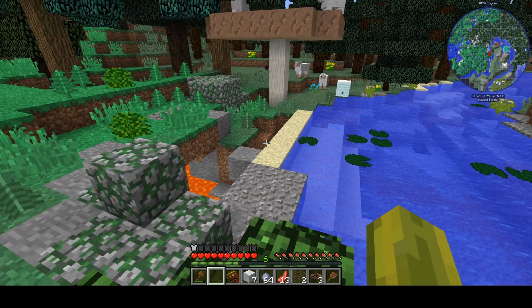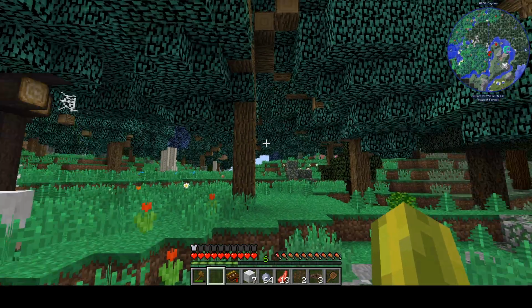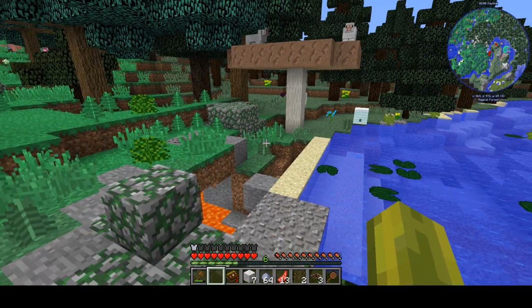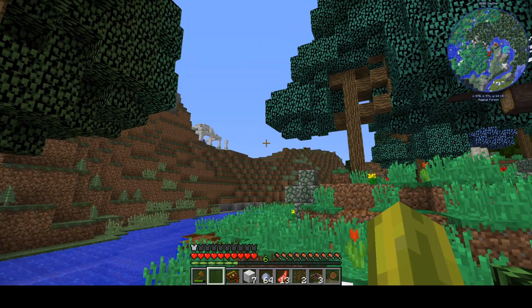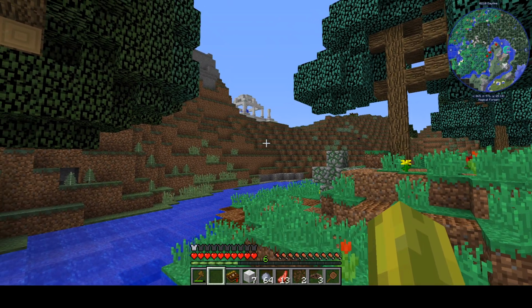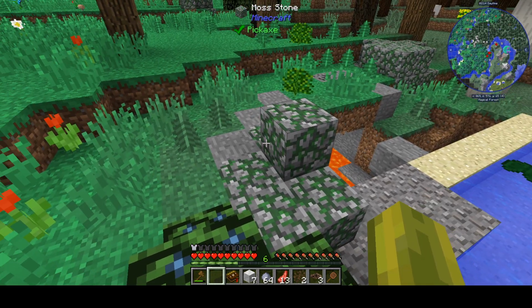Alright, so I think we've actually found a pretty good place here to set up shop. It's not the most glorious at the moment, but that's okay. We're not really here for glory. There's a nice lava pit down here, which we're going to be able to use to power some of our stuff later on. Up in the distance over there, you can see an Astral Sorcery shrine. So this place, other than a village, has a lot of the stuff that we're going to want as part of our